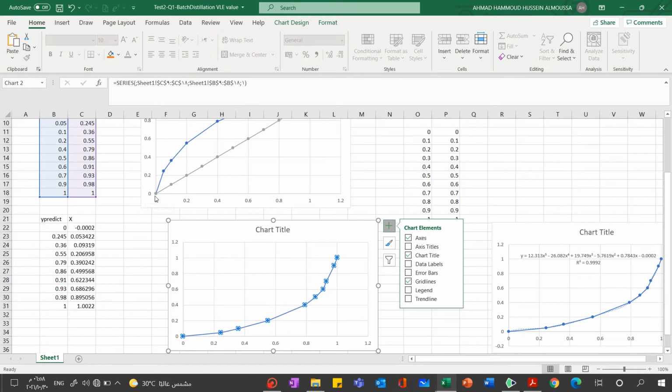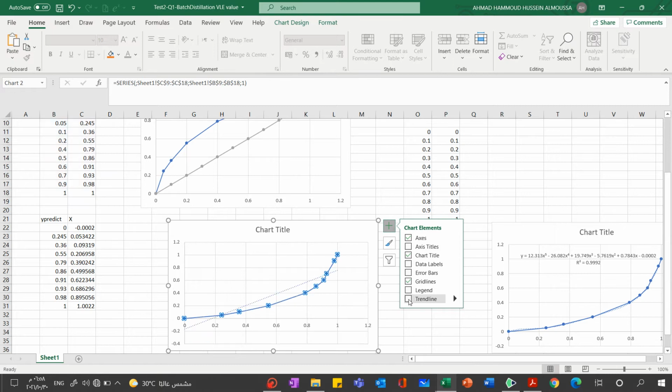Like what I see, I reverse the value. So the y value in the x-axis and the x value in the y-axis. So from this, what I find is that x will be a function of y. That's what I want. As we all know, Excel lets you put a trend line